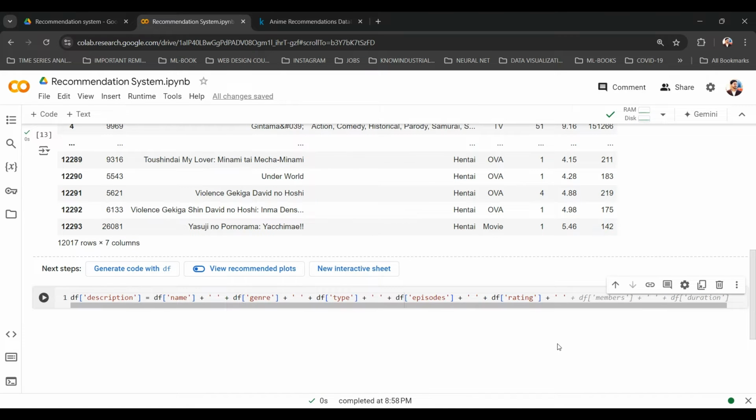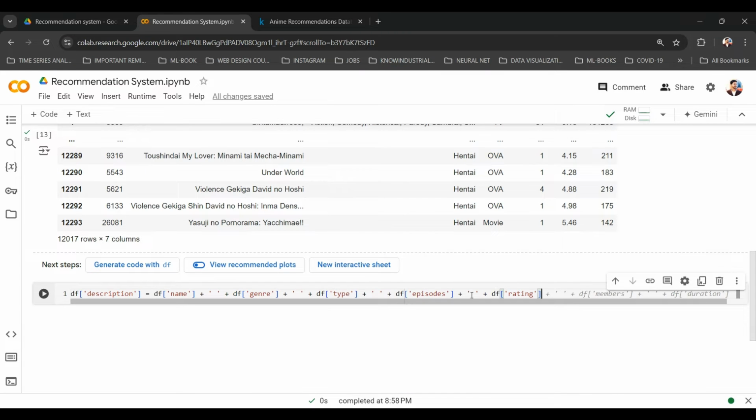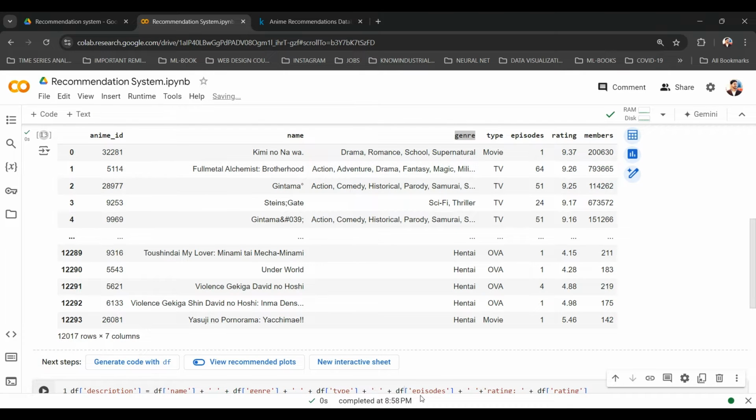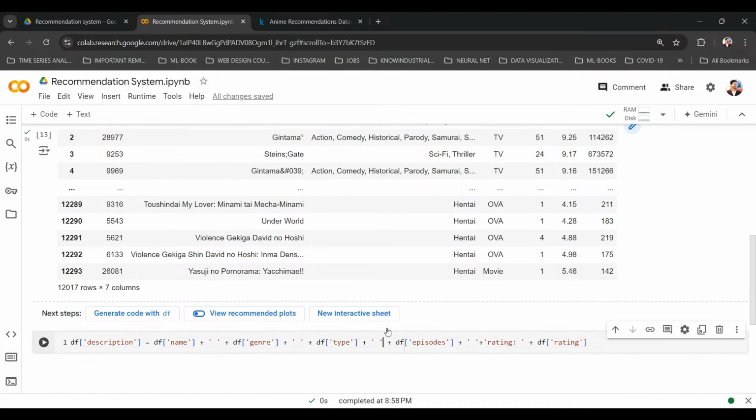So maybe I can say, I want a romantic movie with a rating of 9.4. In that case, I do want to use this. Or maybe I want to do one more thing. I want to put a plus here. I want to say rating, and then attach this rating. That is perfectly good. And episodes, there's no meaning in putting it just like this, right?